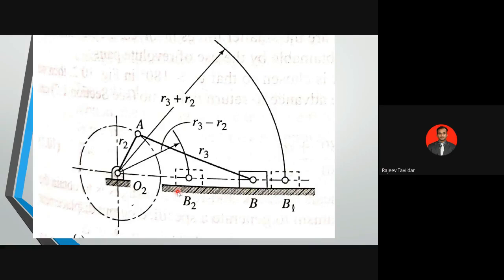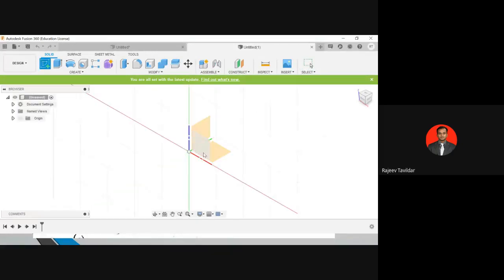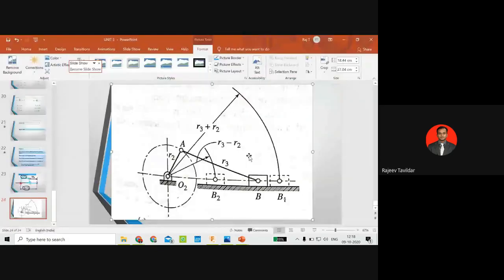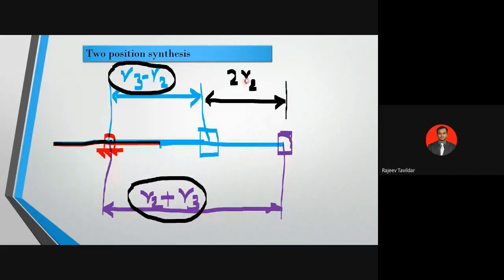So for this type of mechanism, which involves the slider crank two position, you don't have any numericals, because there's nothing to calculate here. If you have not understood this, let us just take one simple example and try to solve this. As I said, let us assume that the stroke length of the particular mechanism is 100 mm. If stroke length is 100, then 100 will be equal to 2 times R2. So R2 I'm going to get as 100 by 2, that is 50.